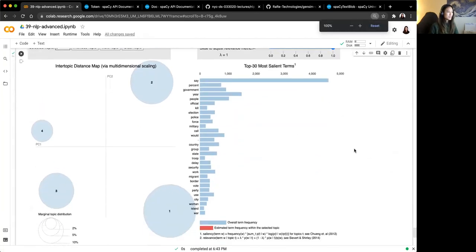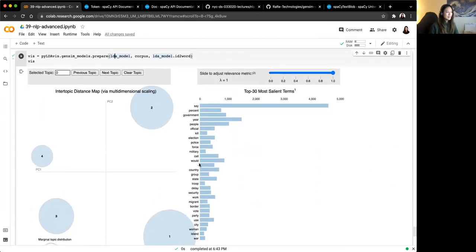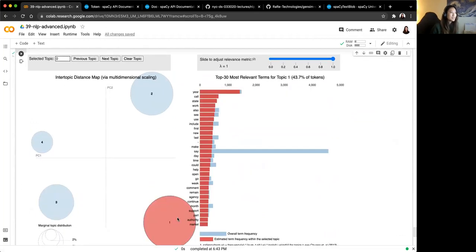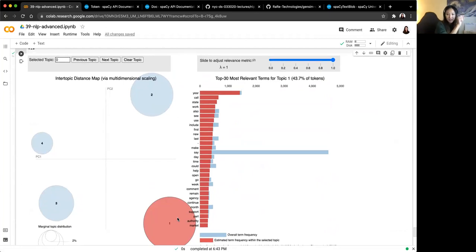So with this output over here, you can see that we have 4 distinct bubbles. Each bubble, basically, the size represents how much of your data set is in each topic. So the most salient topic will be topic 1 that's down here. And these are the words that make up topic 1. So you see we have year, call, state, work,